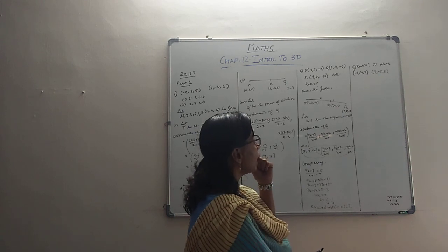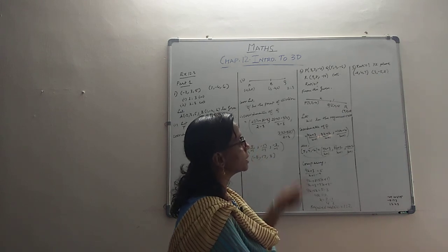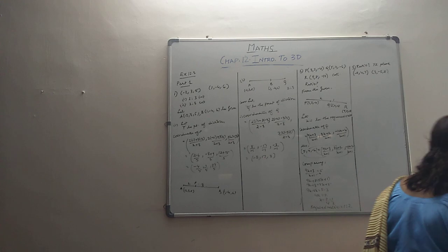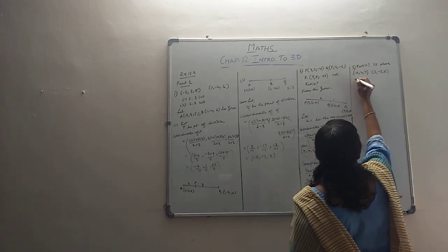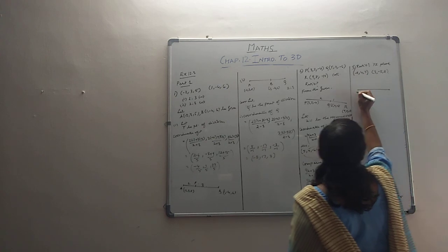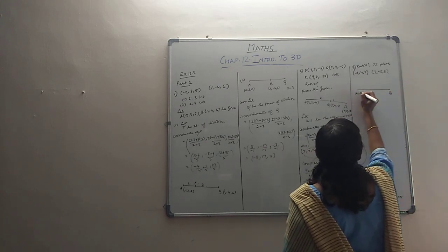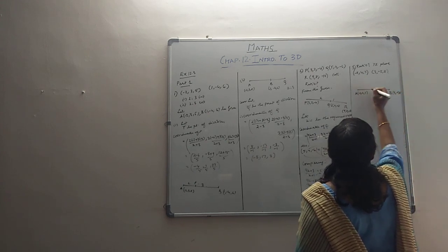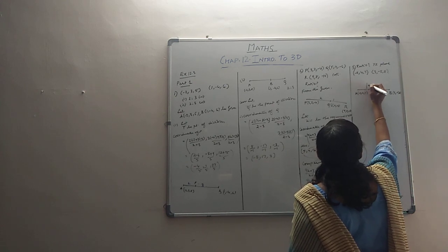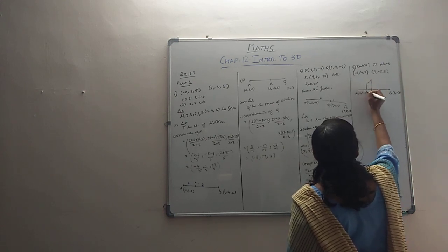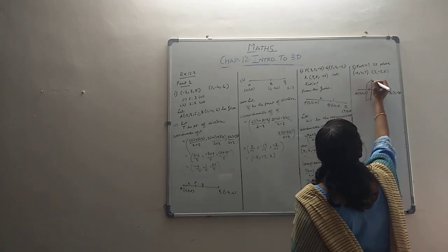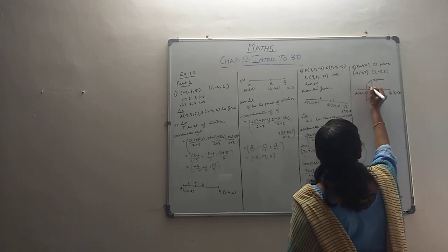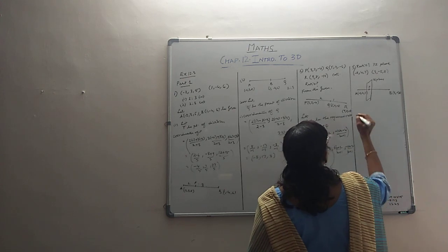which says that you have to find the ratio when the YZ plane is dividing those 2 points. Quite the same as what we have done here. So find the ratio when the YZ plane is dividing this. You have the point A and the point B with coordinates (-2, 4, 7), and this is (3, -5, 8). There's a plane which is dividing, the YZ plane, and in particular there's some point P there. You have to find the ratio.